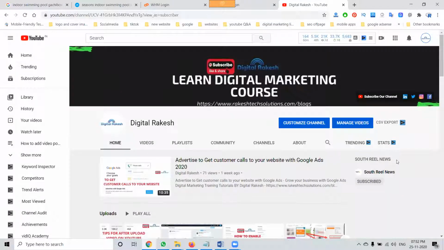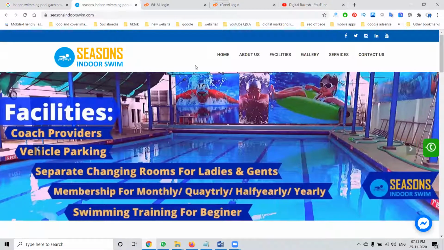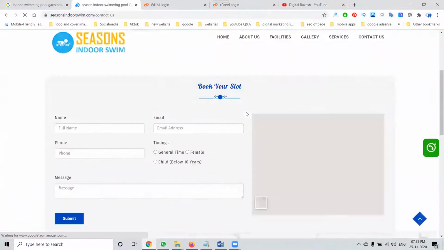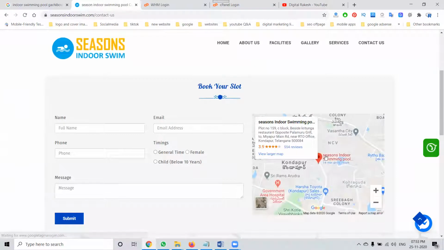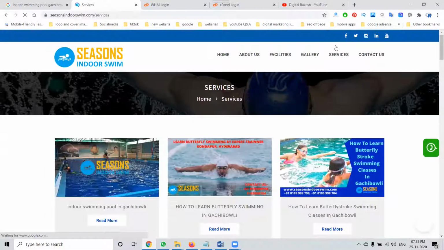Today we discuss how we can promote Google My Business through your website. That is a very important key point. Anybody who opens your website can go to the contact us page, and the Google My Business map will be there. How does the same Google My Business open for particular websites? How will we add it to the website?